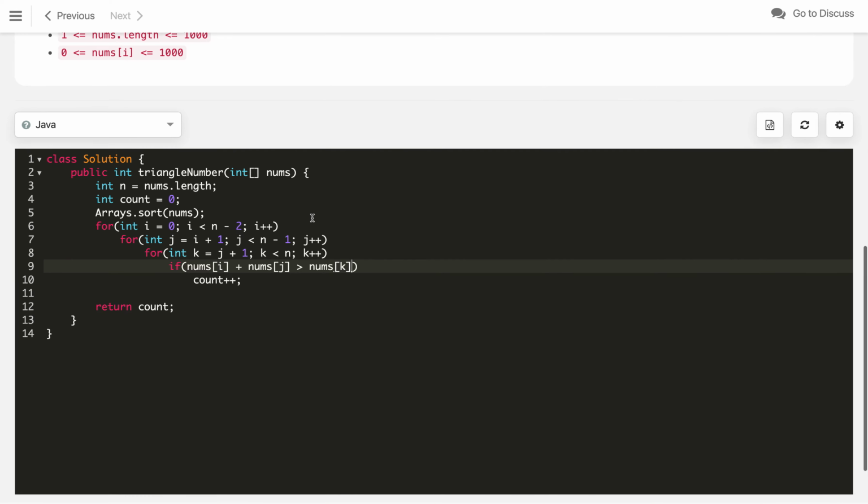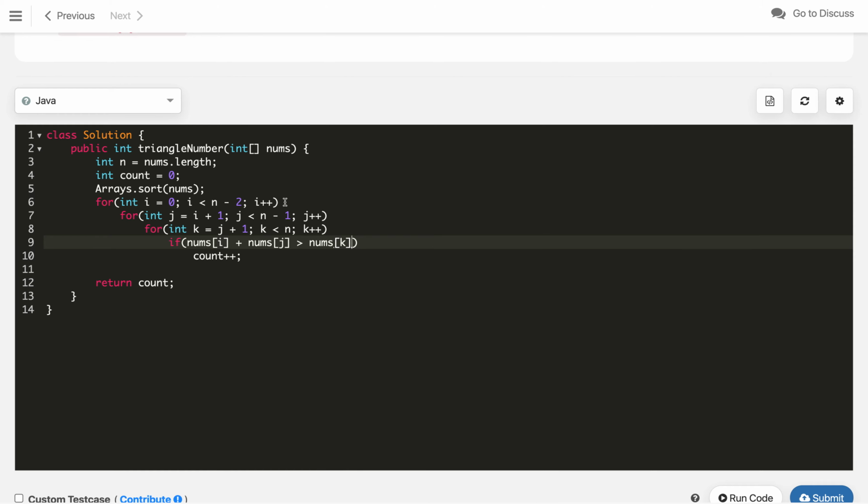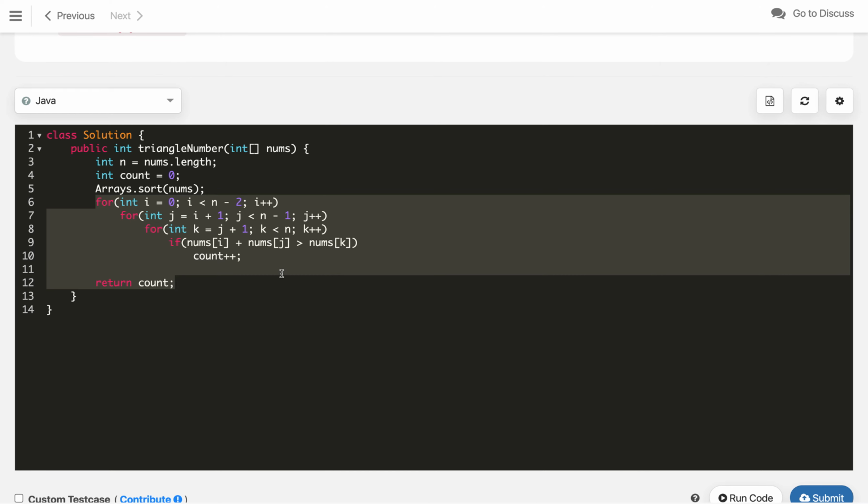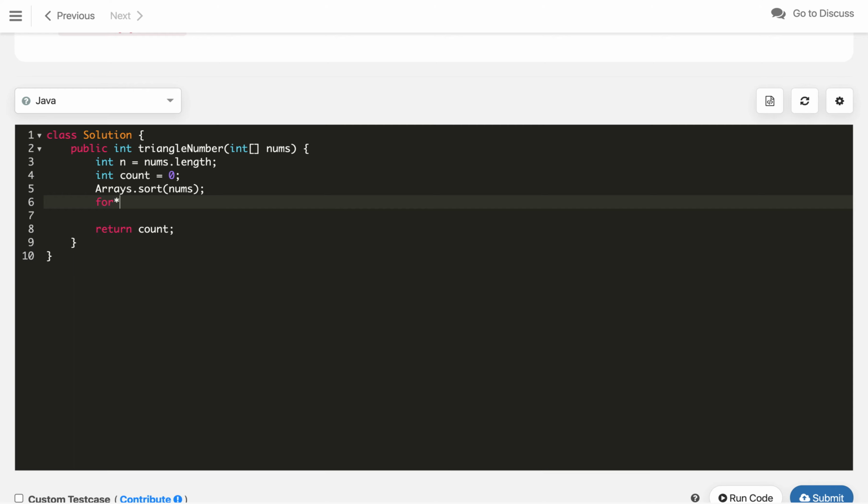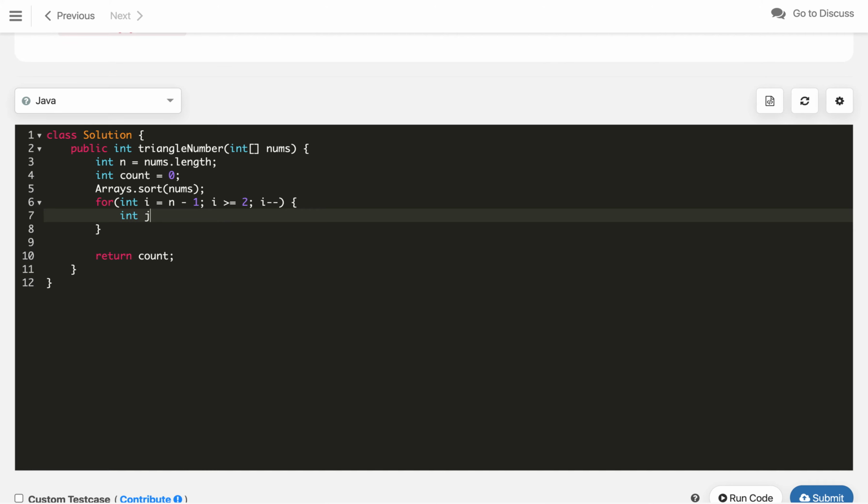So let's quickly implement the code. For the coding part, let me remove this whole code and write it again. So this will be int i from n minus 1 and i greater than or equal to 2 and i minus minus. Now initialize two pointers, j from 0 and k from i minus 1.